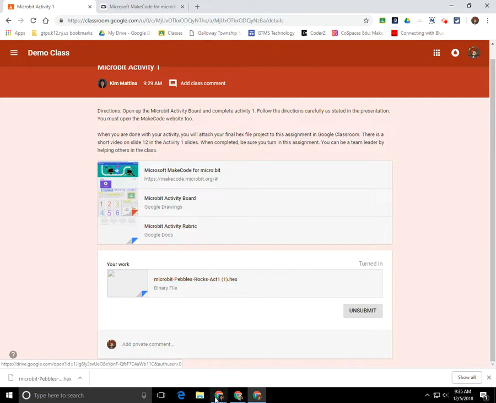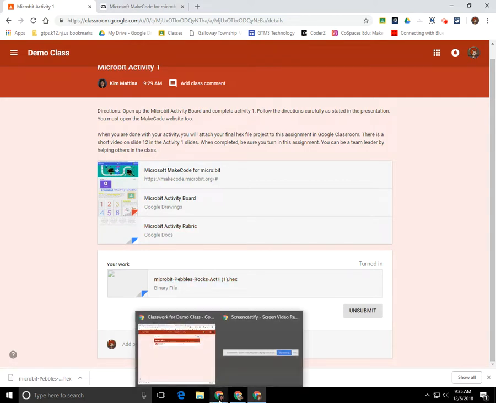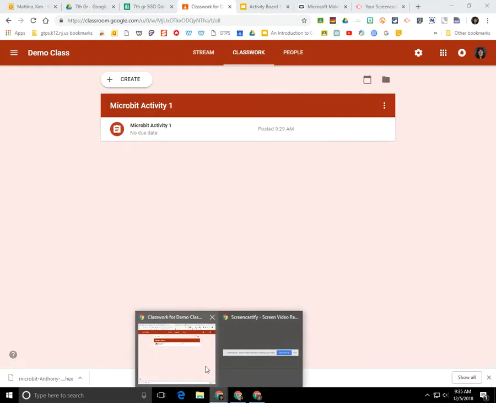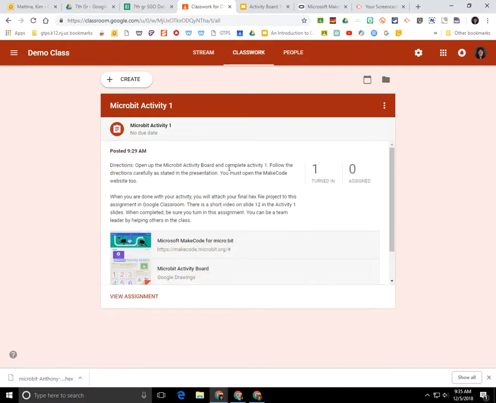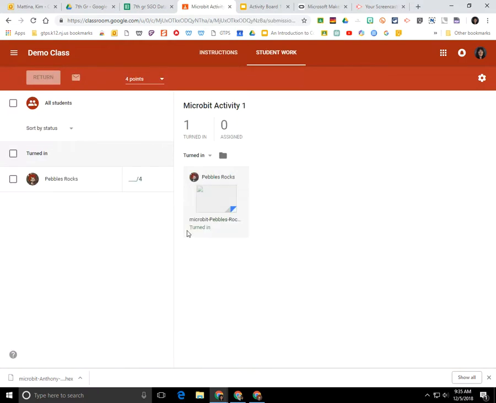Now I am going to go into a teacher view. So as a teacher, I am going to go to the classwork page, click on the Microbit activity, and see that I have one student who turned it in. So I'm going to click on that, and I can see all the students that turned in my assignment, which is my test student, Pebbles Rocks. So I'm going to click on her attachment,